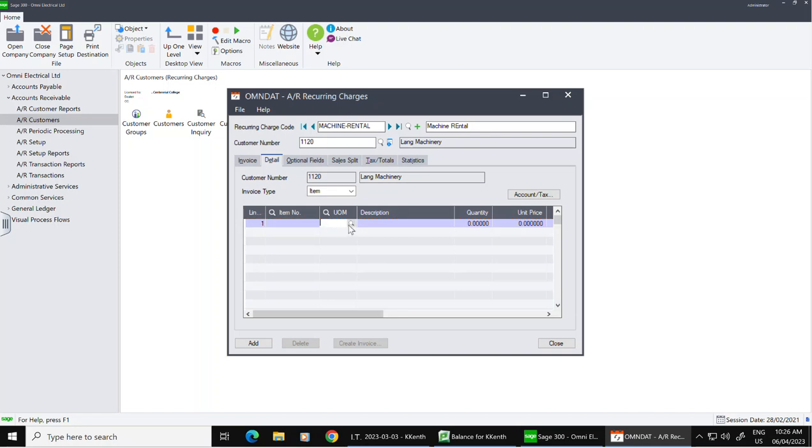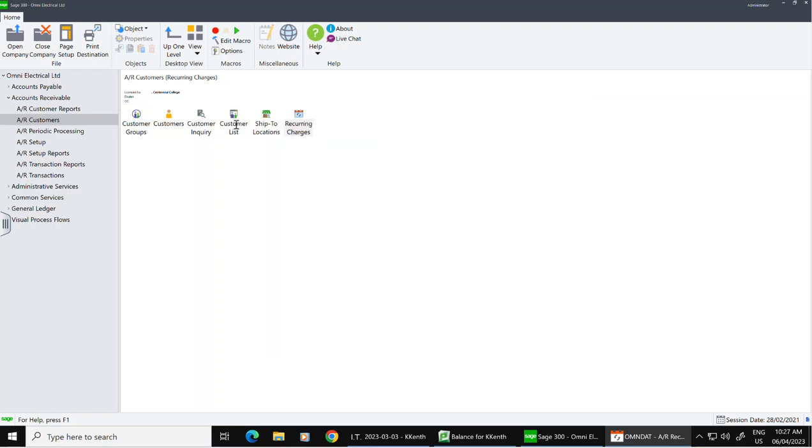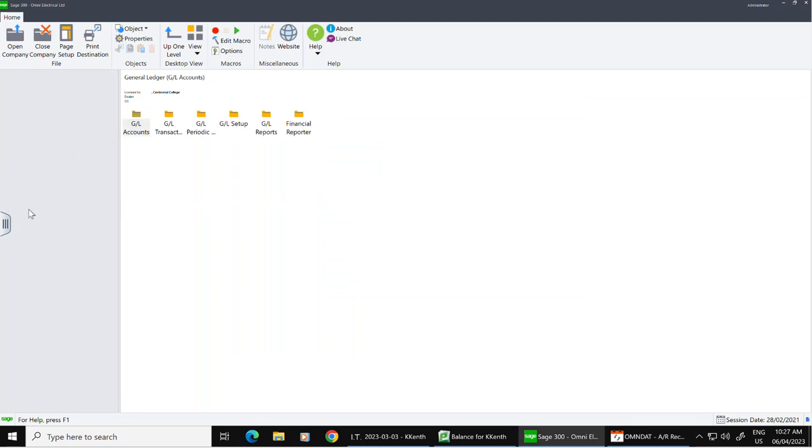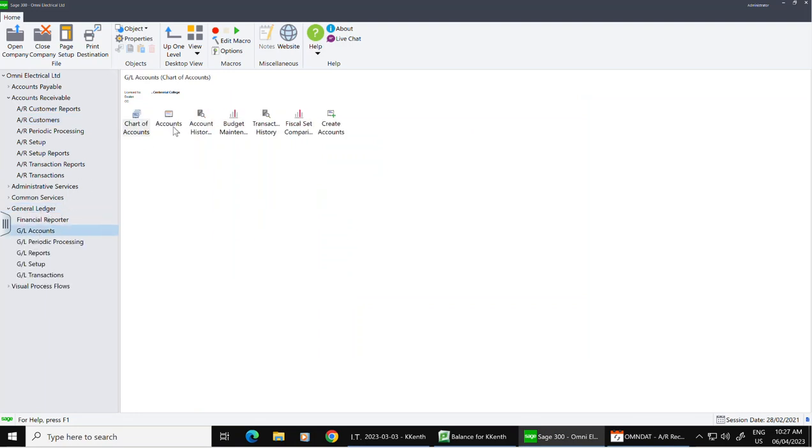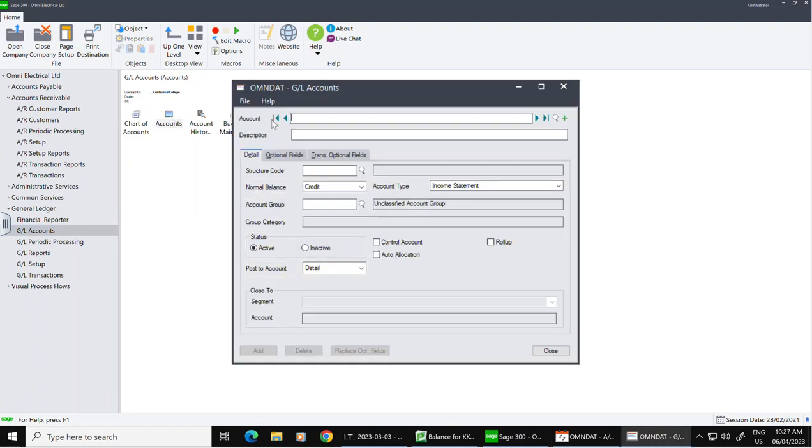If I look at it, I don't have anything in here for the accounts. So if I don't have any accounts, what we need to do is close it or minimize it. I'm going to go back to my GL ledger, and then I'm going to go to my accounts, and I'm going to create an account. My first account I'm creating is 4505 100, and we tab. It is for my machine rental